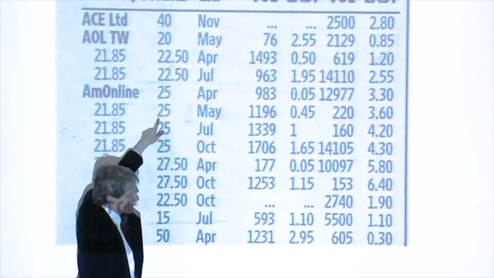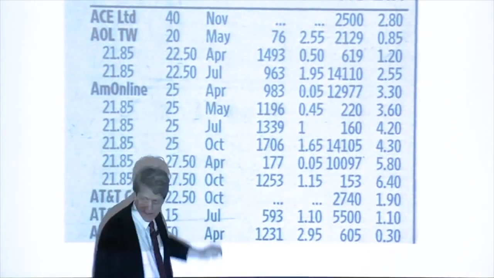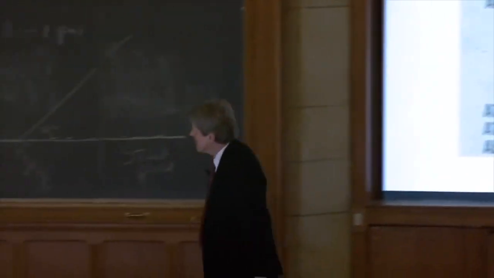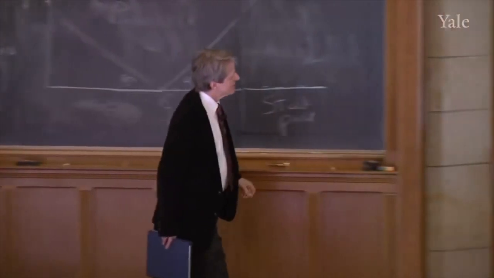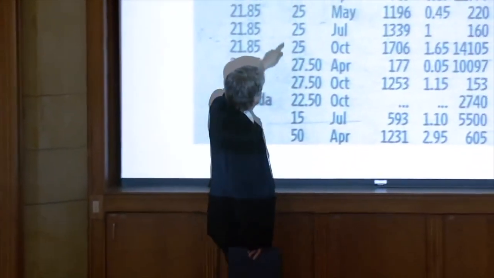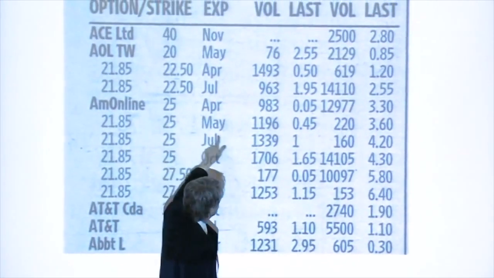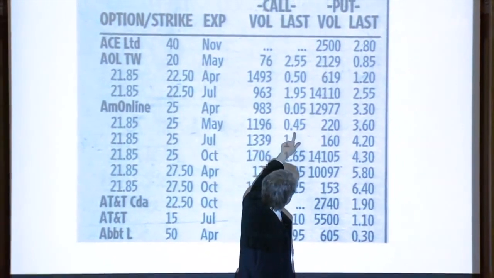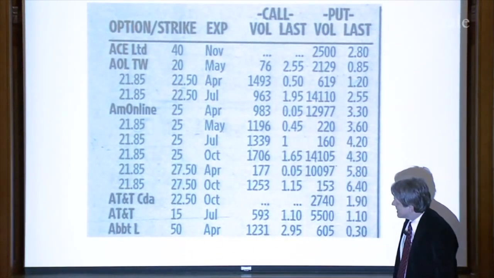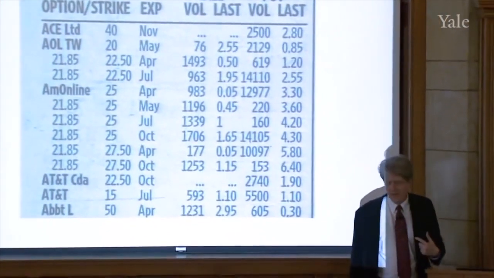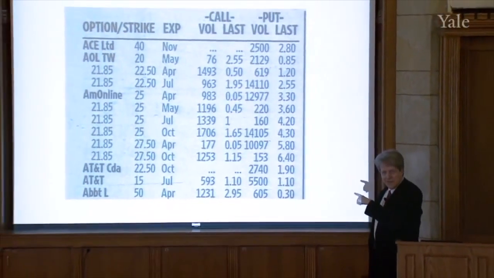Let's consider the one that I can reach. What is the stock price? What do I have? The biggest thing here is the strike price, the exercise price. So we want to do $25. We'll do this line, $25 plus 45 cents minus $3.60. And I'm assuming there's no dividend paid between now and May. It comes out very close to 21.85.